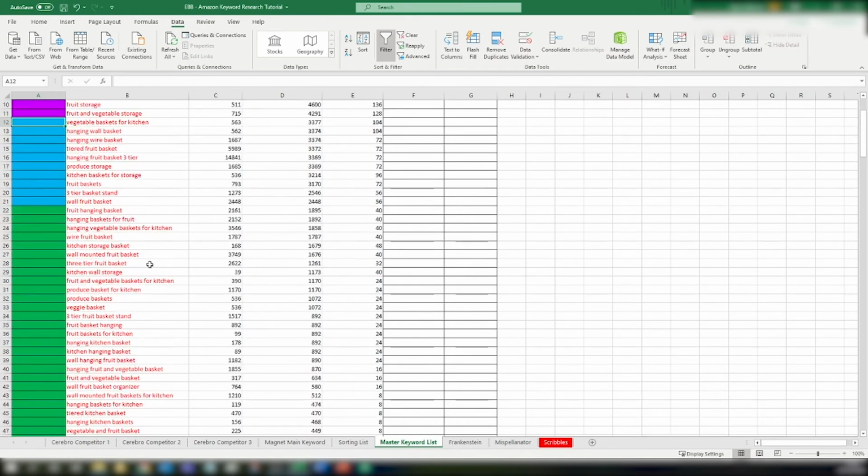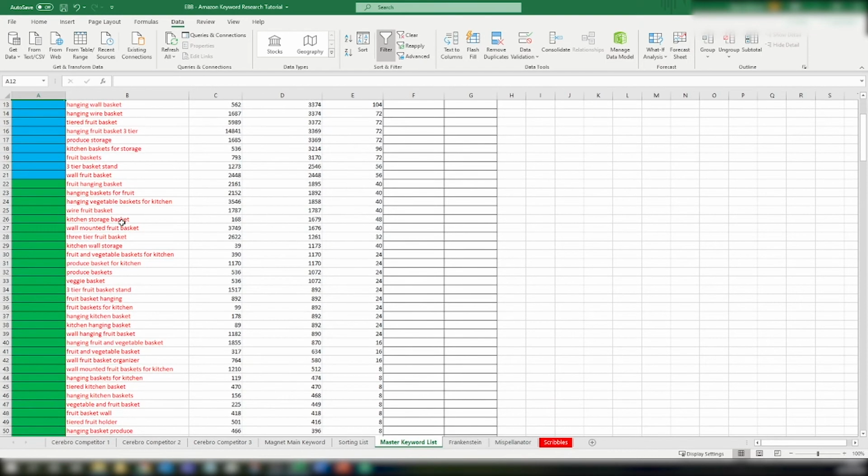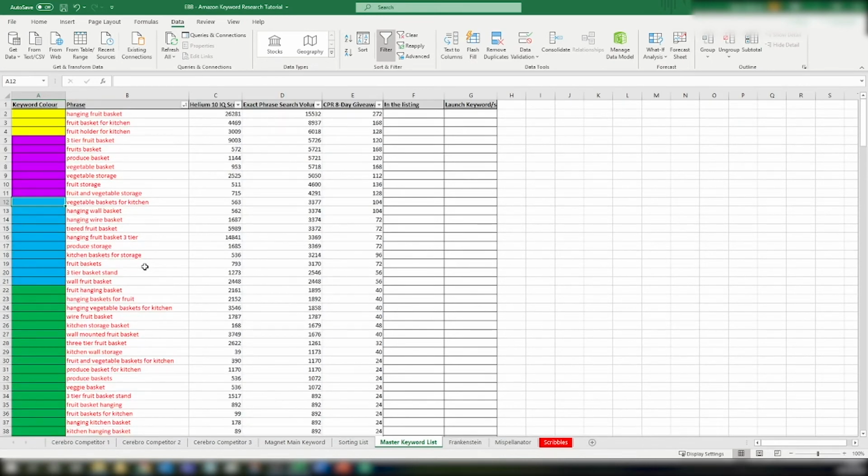But what these tend to do is be part of our... they may still be sprinkled in the listing somewhere, again, if they're relevant, if it's appropriate or there's room for them, but they're more likely to just become part of our PPC campaign and also form how we create our backend keywords, which I'll show you in a moment. So that gives you an idea of what the color coding means and how we rank the keywords in terms